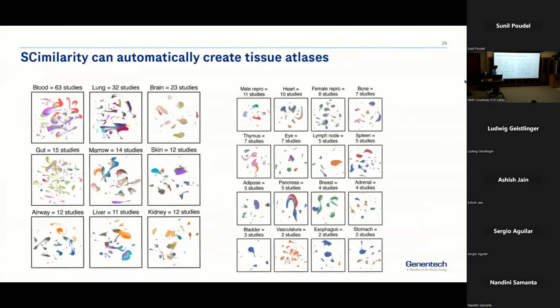So first off, we can start to visualize these data sets together. Probably hard to see on the screen, but across all these studies, we can slice it out by tissue, and we can show these embeddings, which have varying degrees of integration. But what's really cool is that this is 63 blood studies integrated, without any additional steps. Right off the bat, we actually get a pretty decent level of integration. Things like the brain look amazing, skin looks pretty good. So across this, we're already starting to see these data sets coming together in one common space.